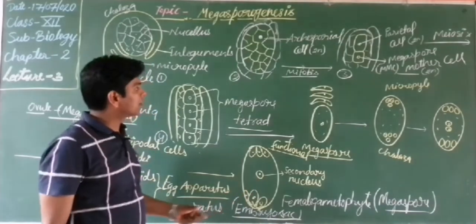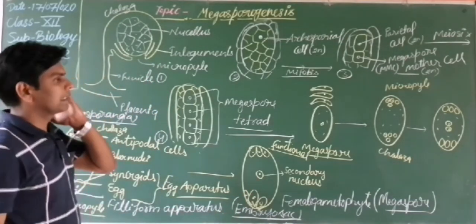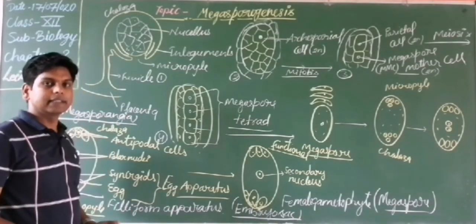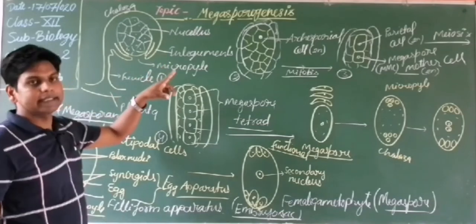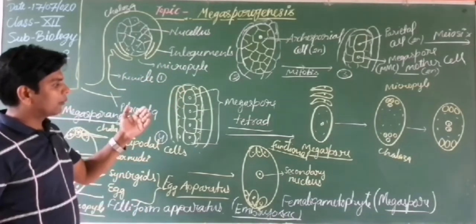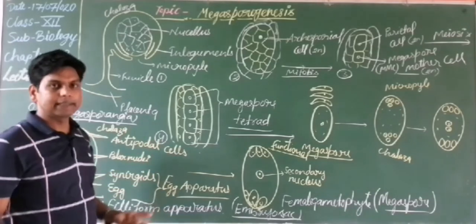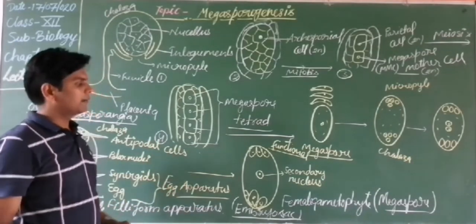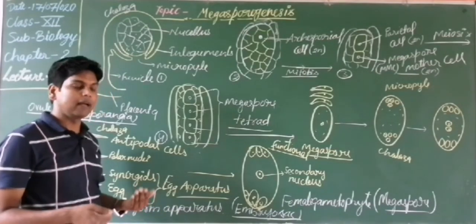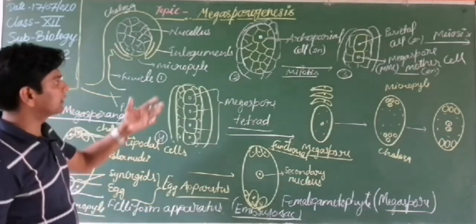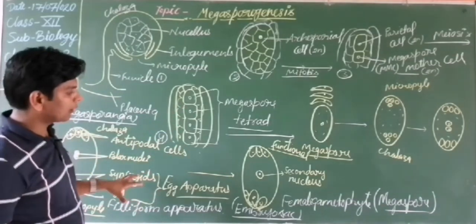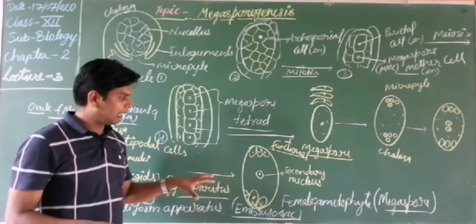Okay. So here a question comes like this: describe the well explained process of megasporogenesis, how megaspores are formed, what is the development of the megaspore, what is the development of the female gametophyte, and how the embryo sac is developed or how the embryo sac is formed inside the nucellus or ovule. Okay, so these are the processes and these are the question types I told you.